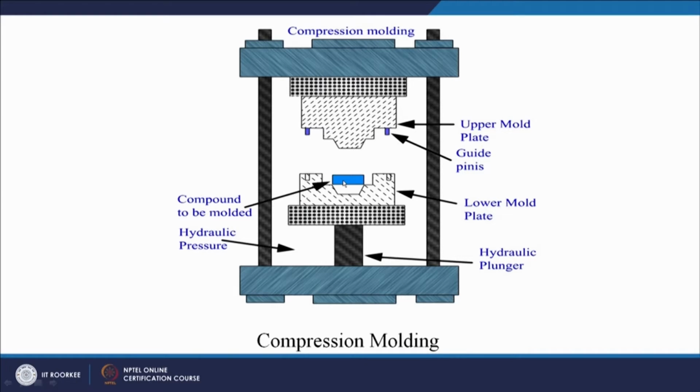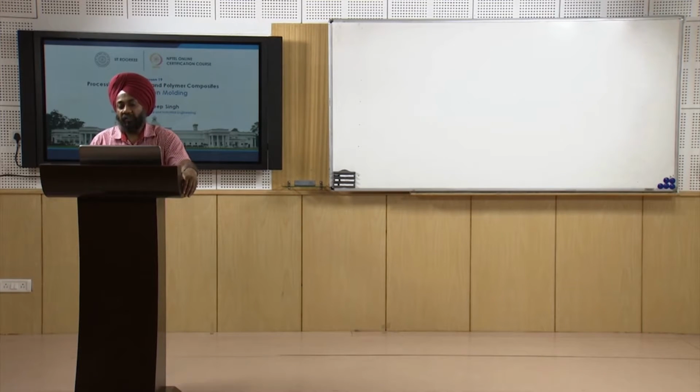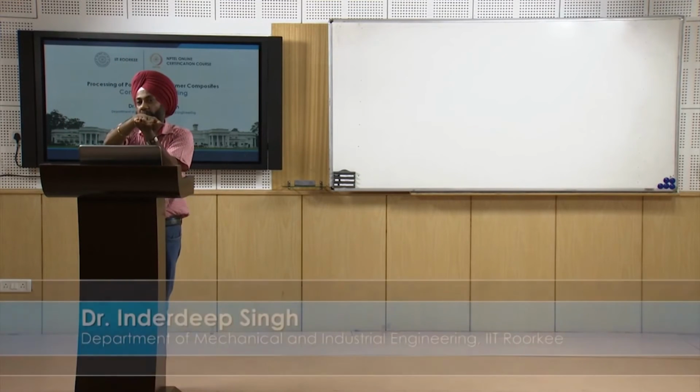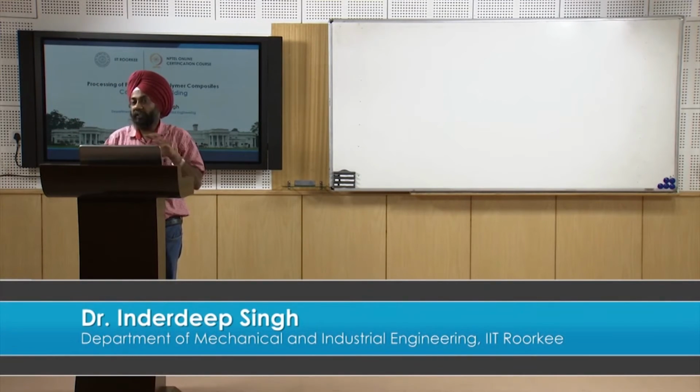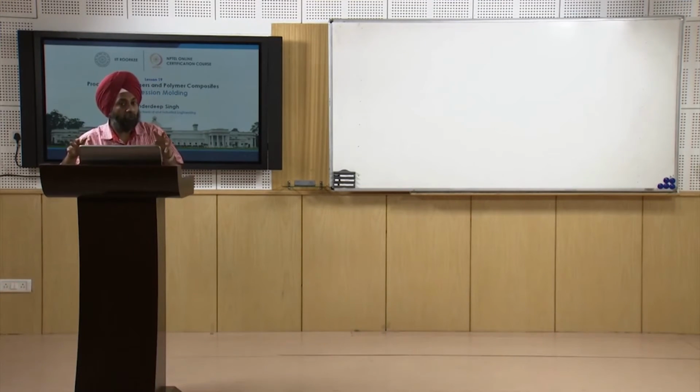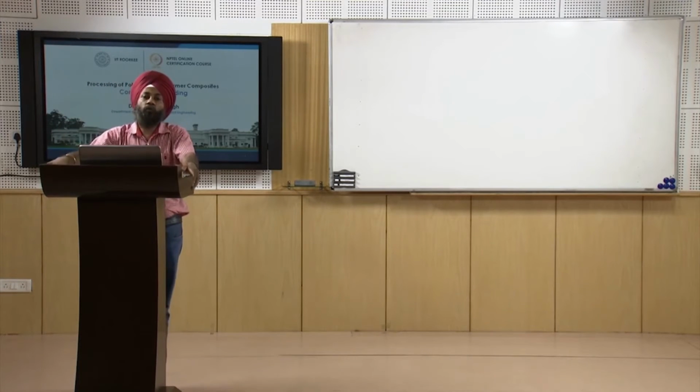Specifically in case of thermosetting type of polymer, we can do the layup on a workbench and then bring that layup and put it inside the mold cavity. So that is the raw material. This blue portion, flat plate, can be called the raw material. Now we have to control three important parameters. Parameter number 1 is the pressure that we want to apply. Parameter number 2 is the heat that we want to apply, and parameter number 3 is the duration for which we will keep our two mold halves in the closed position.